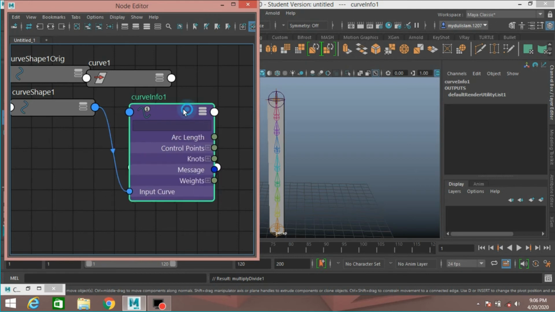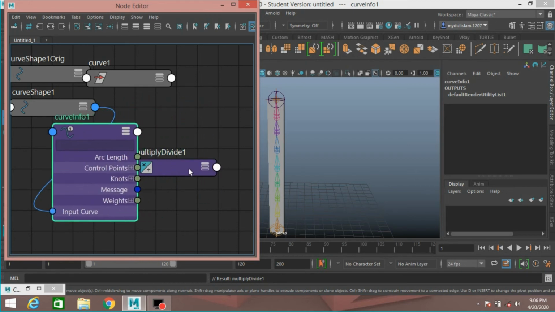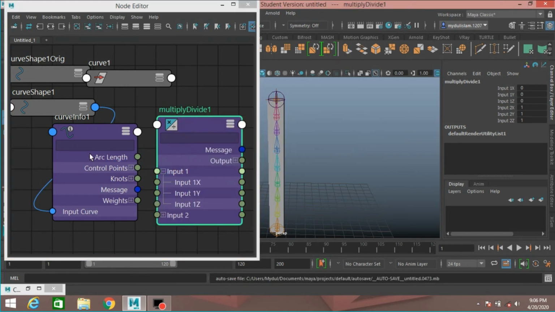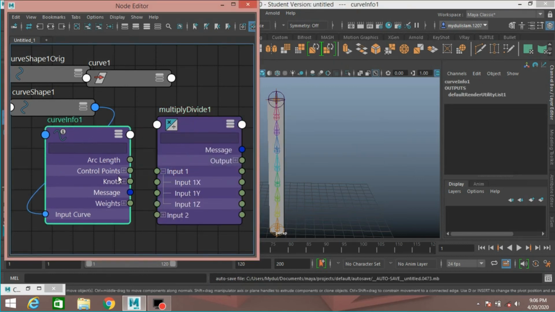Just click on this icon, select this, click on this, select arc length. From curve info, select arc length and connect it to the input 1x.